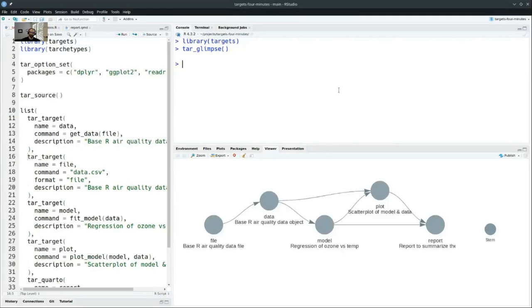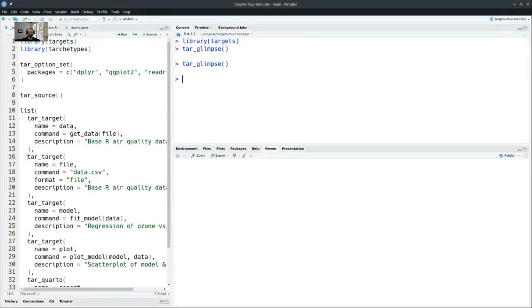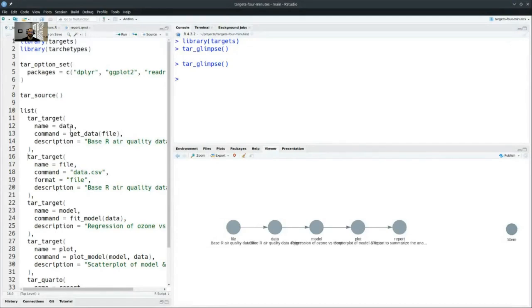And if I rerun this, it's going to give us the same graph. And the reason it does that is because there's this behind the scenes magic called static code analysis. And what it does is it parses the expressions that you give in the command, and it looks at the global variables that it gives you.